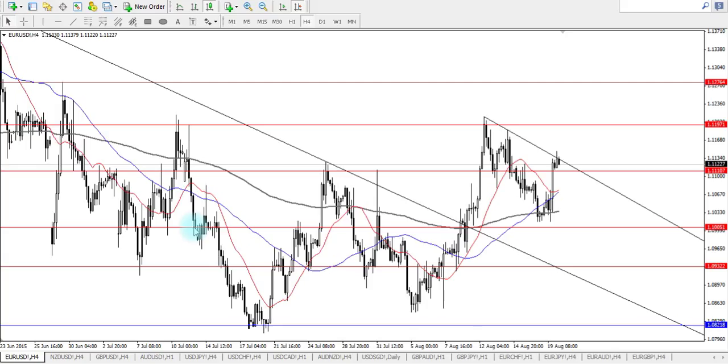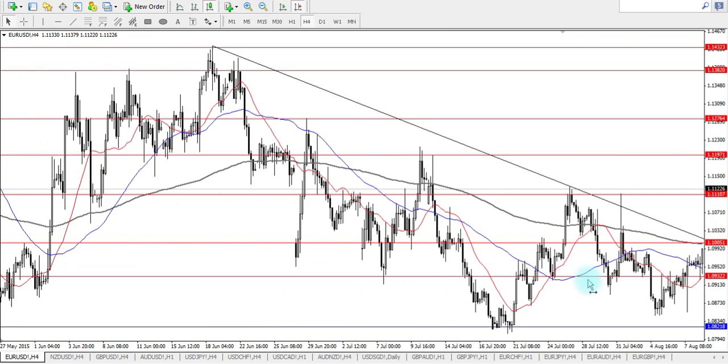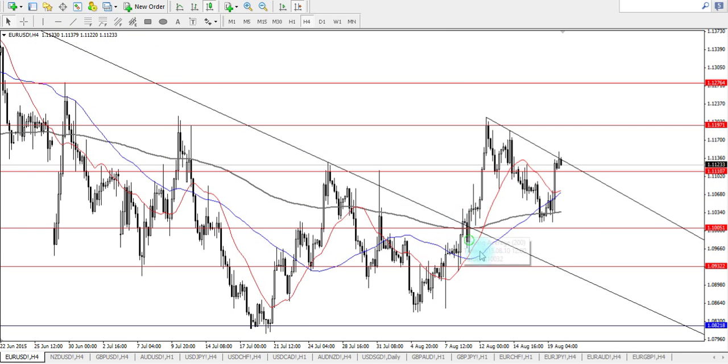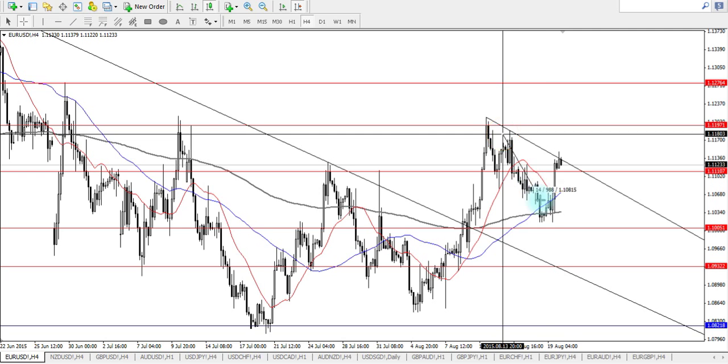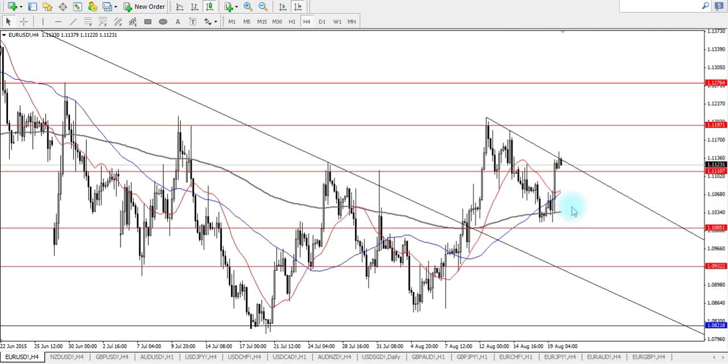So let us start off with the euro against the US dollar as usual. This is a 4-hourly chart. As you can see, price is going on the upward trend ever since it broke above the key falling trend line over here, and then we have seen that price has been resisted at the price of 1.1187, making significant retracement, and then it rebounded off from the 200 moving average last night during the FOMC meeting minutes, which